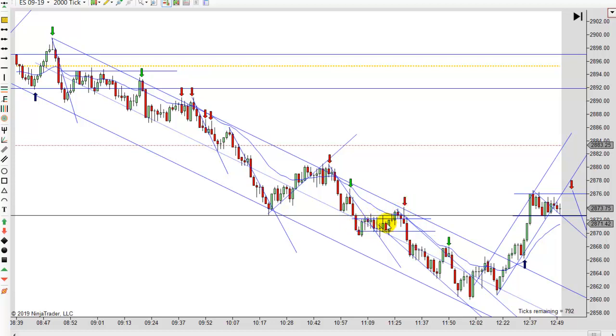entry point again, and you got a little congestion area here. You break out and it turns down right off the key entry point and gives you that big bearish bar. There is another entry right here. There's actually a second entry short right here, but we're not back to the key entry point, and you probably have enough room to get out there, but I don't know if I necessarily would treat that as